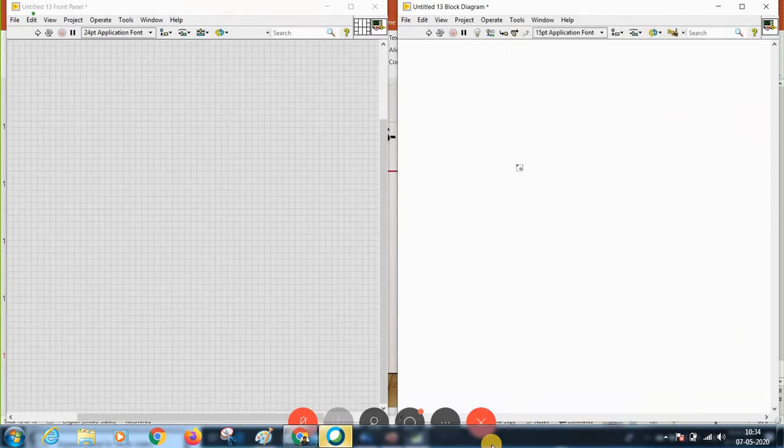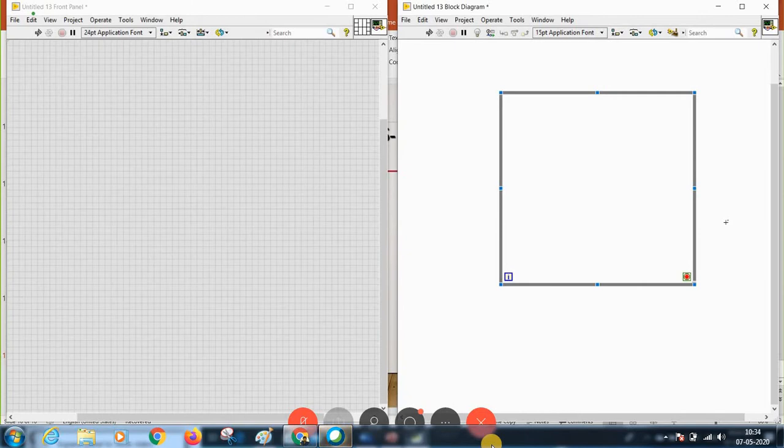Click on this. Drag this while loop the same as your for loop. See here, this is your iteration and this is the condition where you are going to stop your while loop.